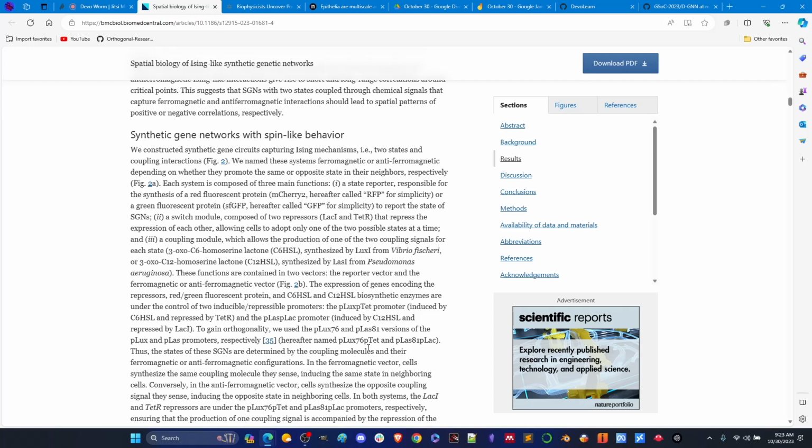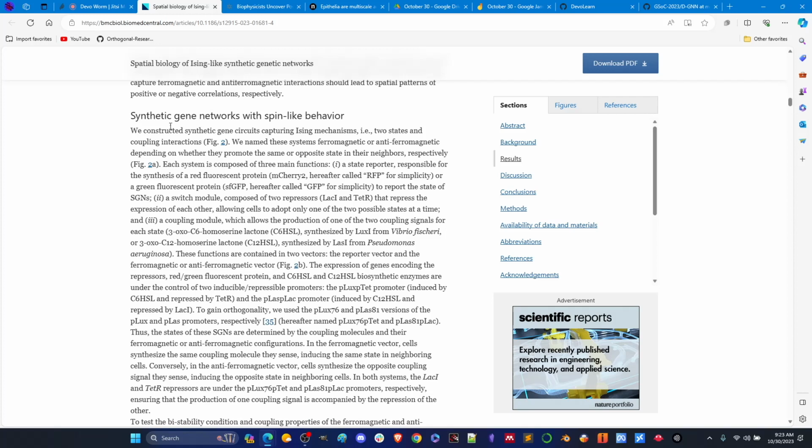ferromagnetic aspect. And what they do is they apply that to this synthetic gene network where they create an mCherry reporter, or a red fluorescent protein (RFP) reporter, and a green fluorescent protein reporter to report the state of these networks. So you get the red and the green, and they're switching back and forth, and that's where we're getting our colors. So basically, that model applies to this gene network. The output of the gene network is this reporter expression, which is either red, magenta, or green. And so